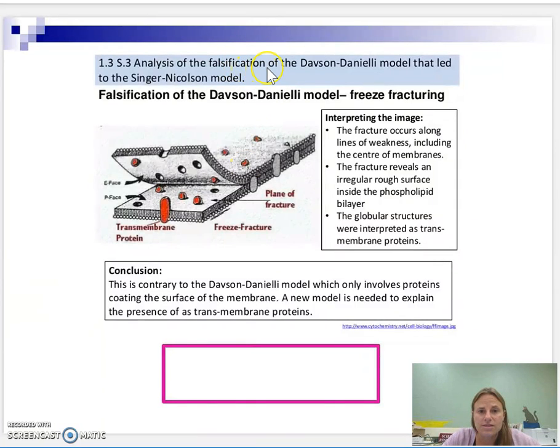Again, analysis of the falsification of the Davson-Danielli model led to the Singer-Nicholson model, which is the fluid mosaic model that today we believe to be true, because the fracture reveals an irregular rough surface inside that phospholipid bilayer,